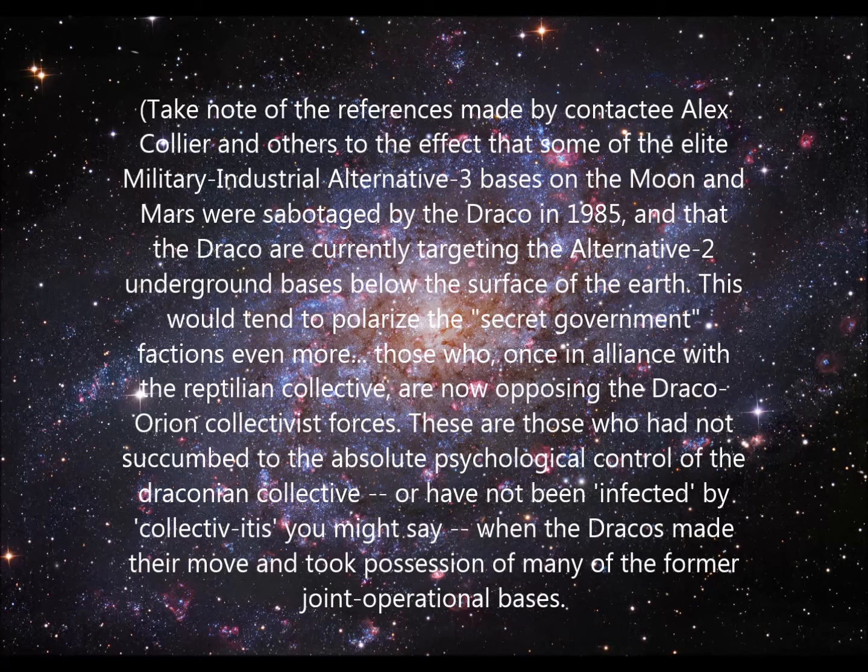This would tend to polarize the secret government factions even more. Those who, once in alliance with the Reptilian Collective, are now opposing the Draco-Orion collectivist forces. These are those who had not succumbed to the absolute psychological control of the Draconian Collective, or have not been infected by collectivitis, you might say, when the Dracos made their move and took possession of many of the former